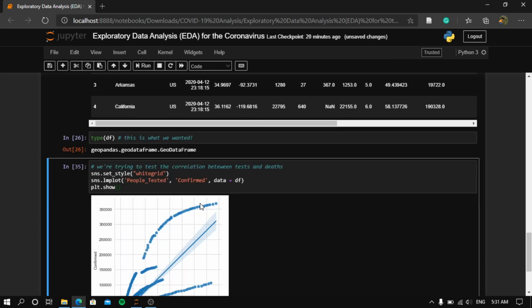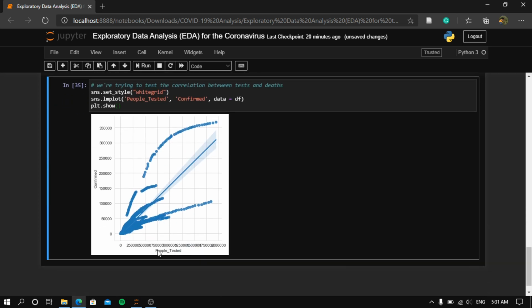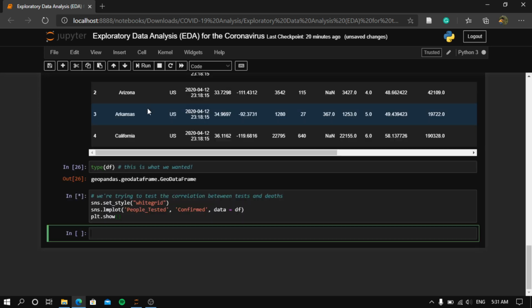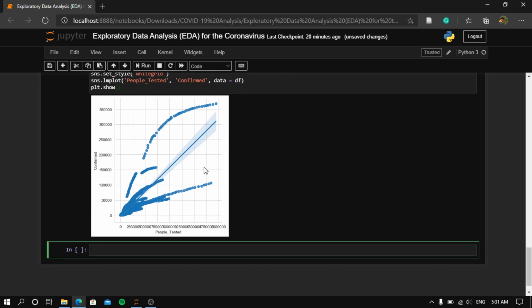As you can see here, the plot shows that there is a strong relationship between people who are tested and the total confirmed people with the coronavirus